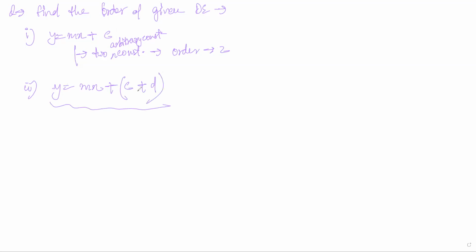The c and d are constants, arbitrary constants only. But c plus d will obviously be a constant, right? So I can write c plus d as e. So whenever we can reduce the constants,